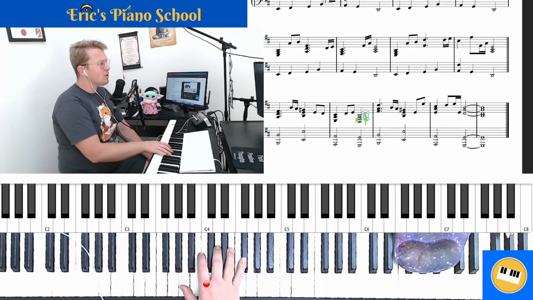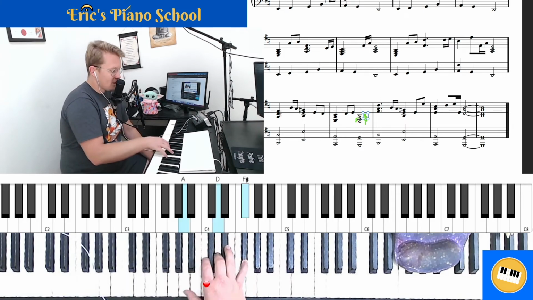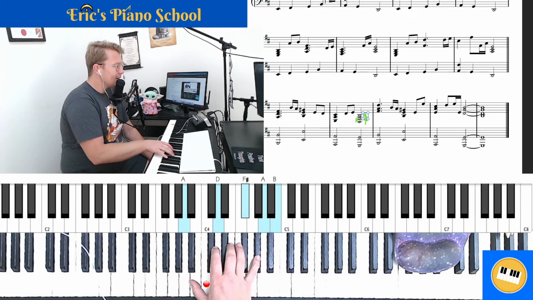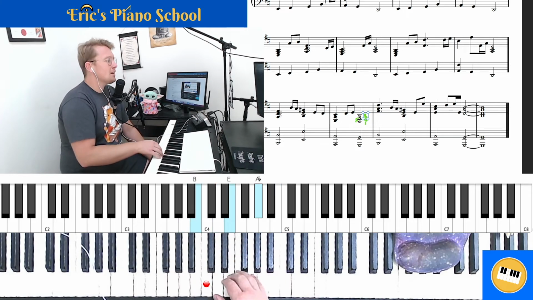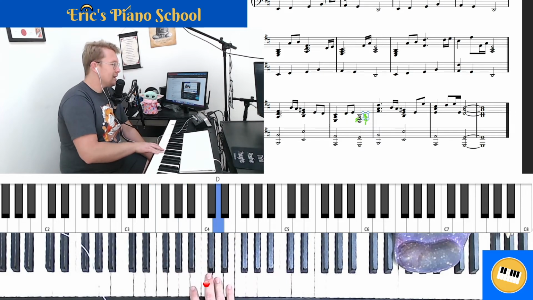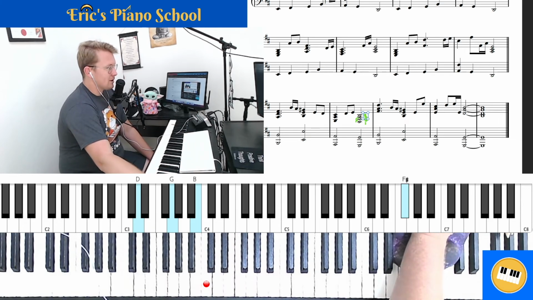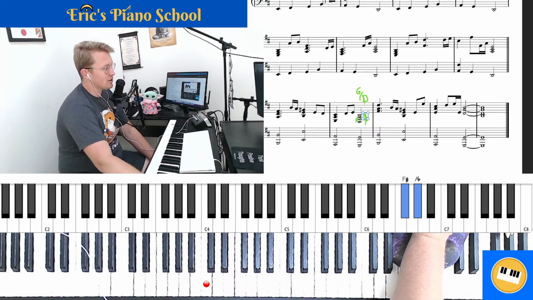So if I play that all in my right hand, we do D over A, B, A, and this is an E chord, E, D, A over E, D, E, G over D. So several times we have these chords, and that's telling us the bass note in the denominator. So we have our A chord over the E chord, or A chord over E, and then we have an E chord